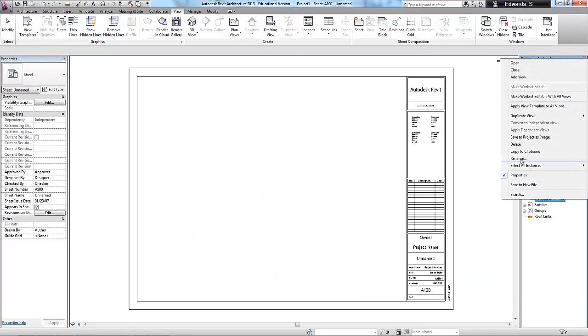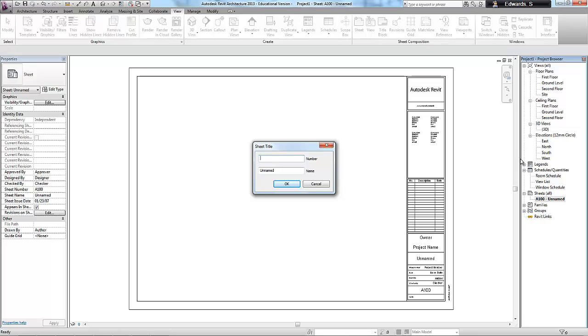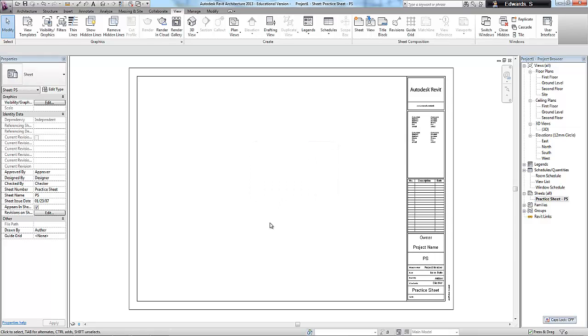So rename it to practice sheet, and we'll change the name to PS for practice sheet. There we go. Now, to add some practice, you can add images, floor plans, ceiling plans, elevation views, but we're going to add